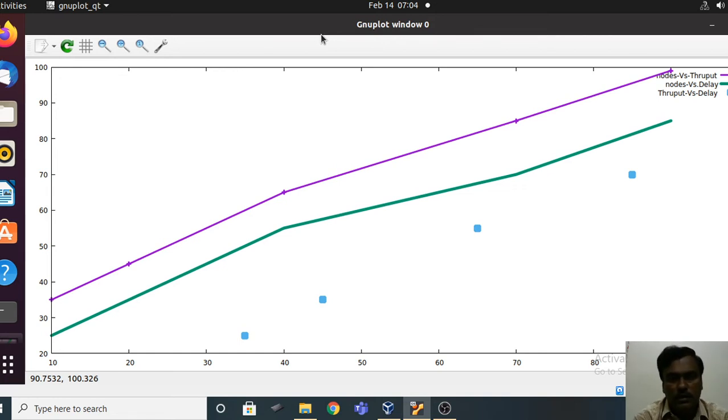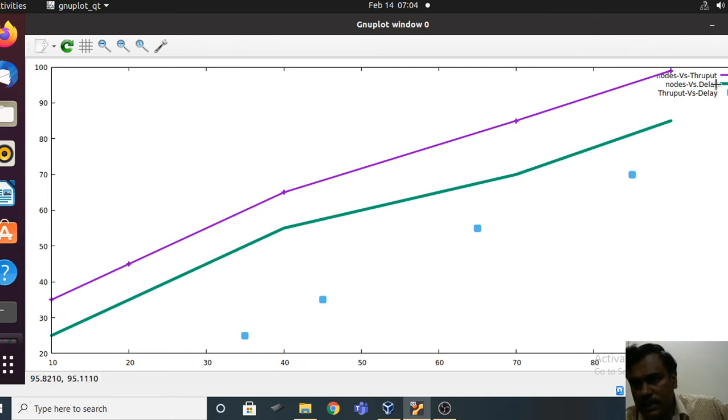See, I have drawn 3 plots in just one graph using a single command, and you know what titles I have used: nodes versus throughput, nodes versus delay, and throughput versus delay. So these are the notations for what these colors denote.